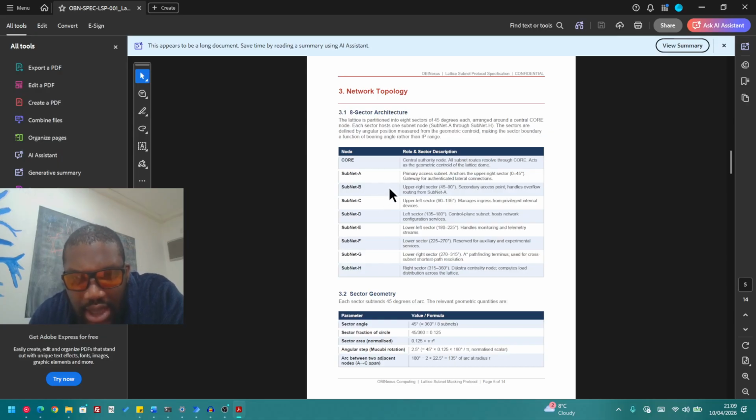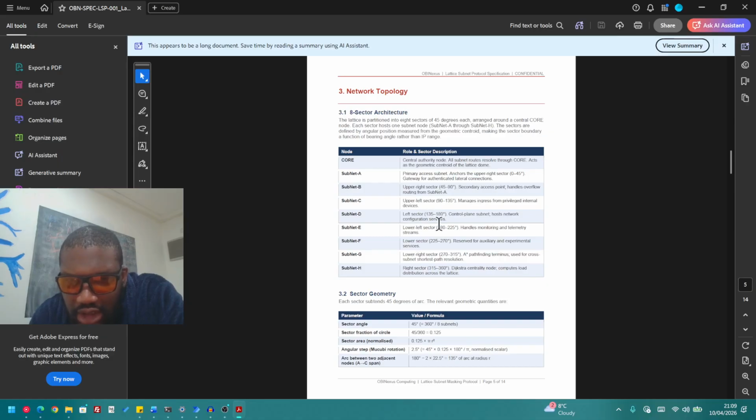So the primary access of the subnet group is upper, 0 to 45 degrees, and then 45 to 90 degrees. And so the SIGINT needs to encode the system. So this is the problem here. You're going to have the upper right sector, primary access point anchored at 0 to 45 degrees, gateway for authenticated lateral connection. And you can have an upper right sector of 45 to 90 degrees, secondary access point that hands over to routing software. Upper left sector 90 to 135, manages ingress of previous incident access. Left sector 135 to 180,